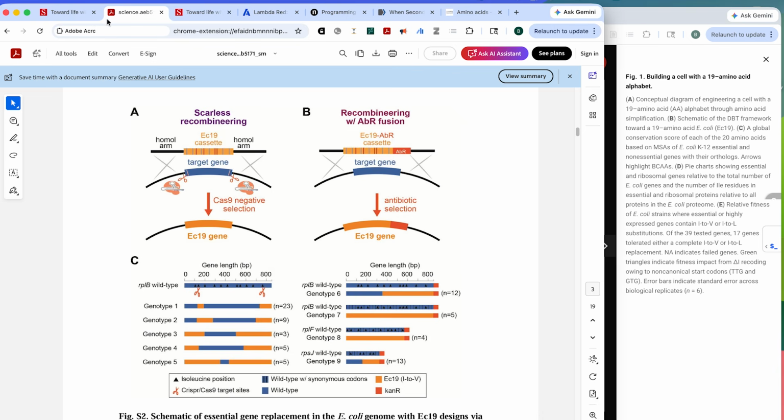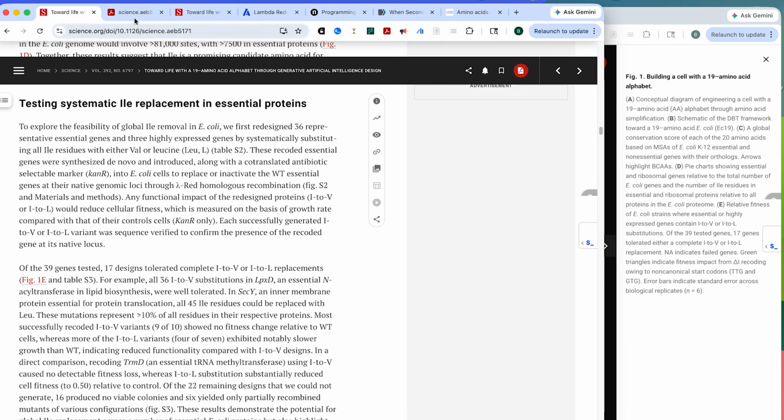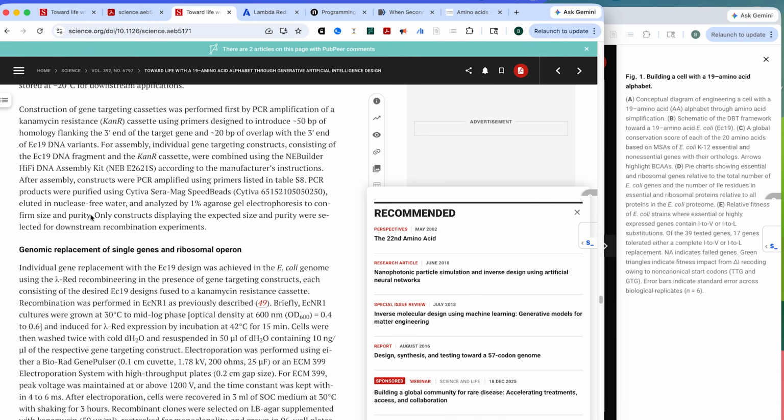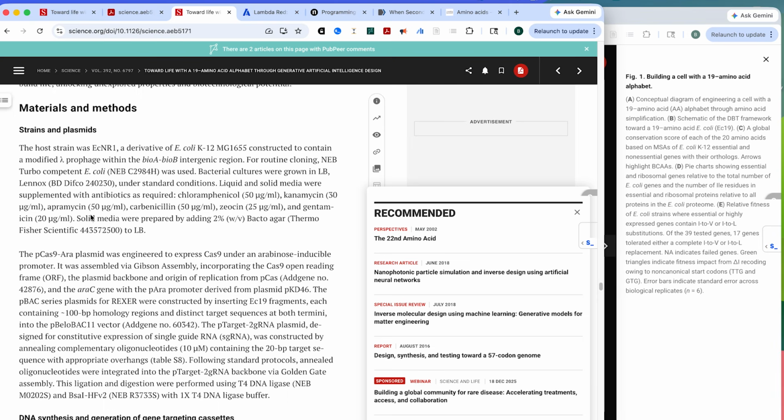But now I need to see, okay, well, did they actually survive? And if they survived, did they have a fitness deficit? And so how are they going to be analyzing the fitness? If we go somewhere in here,